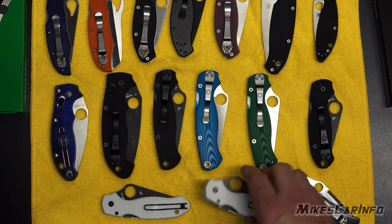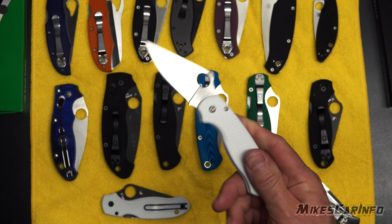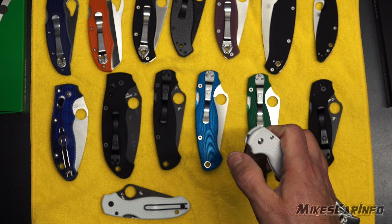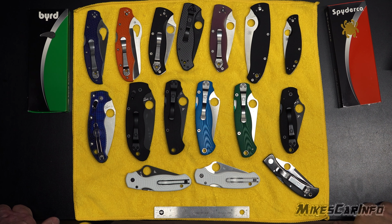And these are the lightweight Para 3s. That's a lightweight plastic handle. It has a wire clip here on the side. This one is in a REX 45 blade steel. But it's the same blade design, basically the same type of deal. So yeah, I've learned to really enjoy collecting Spydercos and using them. The ease of use, the blade design is really good. It works really well for most things, just day-to-day life tasks. So yeah, this is kind of my thoughts on Spyderco and my transition and